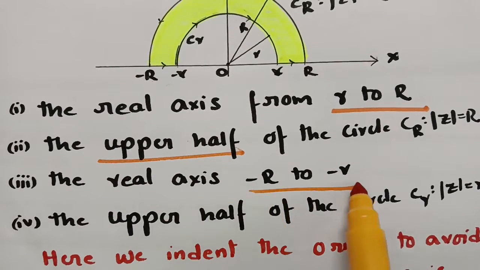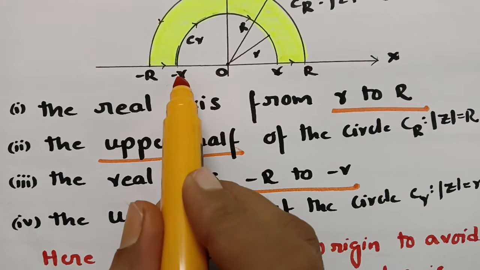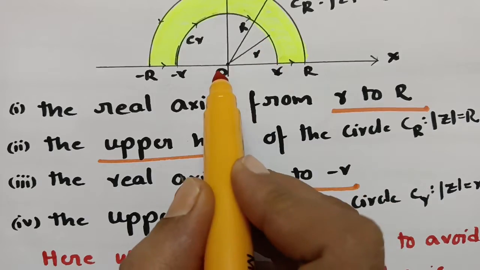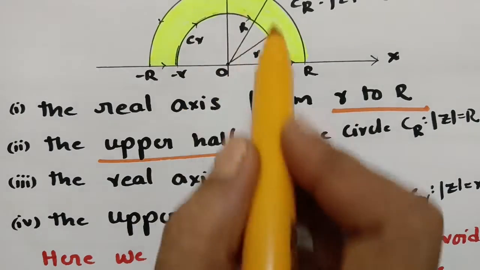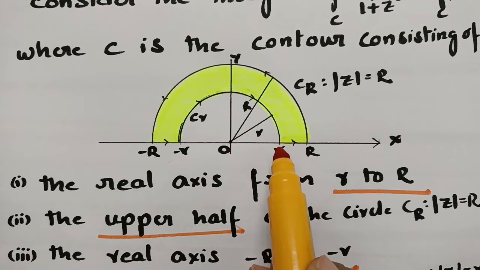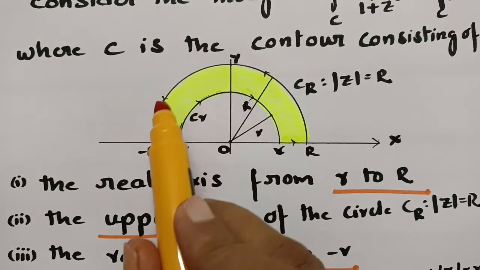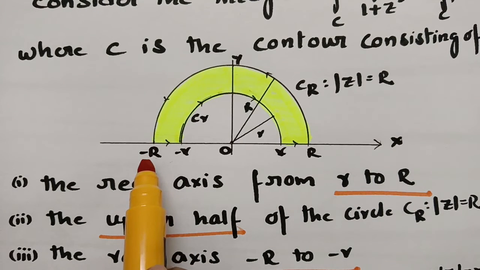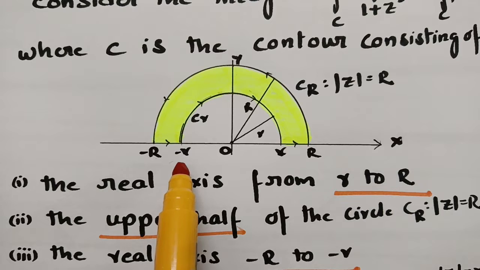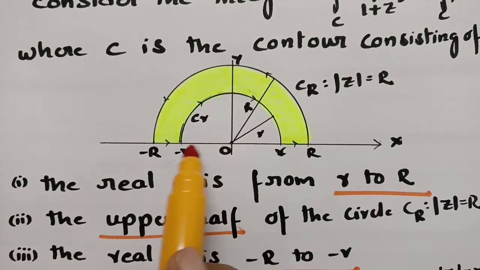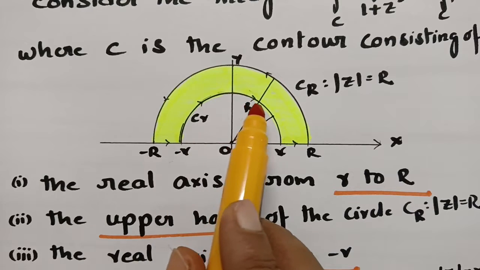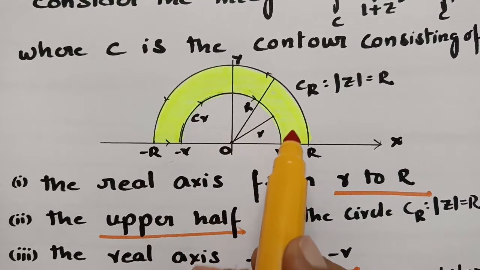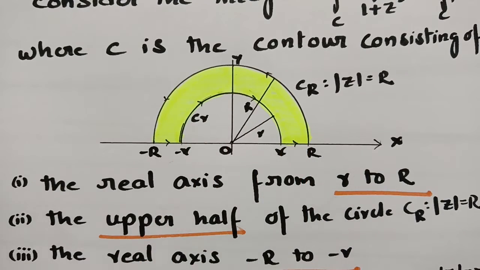See, the real axis from minus R to minus small r, and the next one, the journey ends like this. So this is also a semicircle with center 0 and radius small r. So this is the contour. The contour starts from small r to capital R, then the semicircle with center 0 and radius capital R, then from minus capital R to minus small r, and then again the semicircle. The border line here is the semicircle C_r with center 0 and radius small r. So this colored thing here is the closed contour,